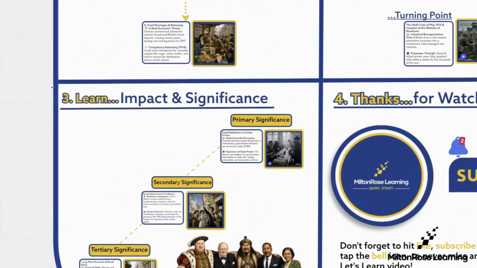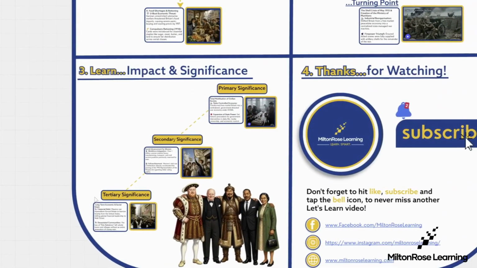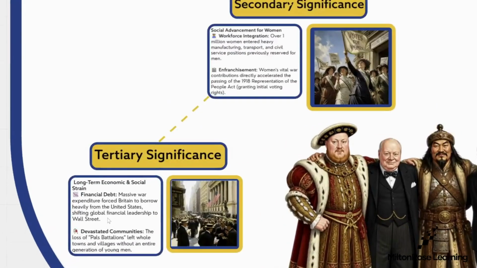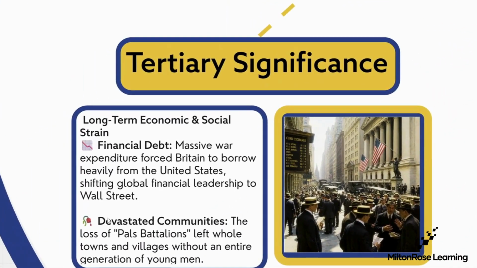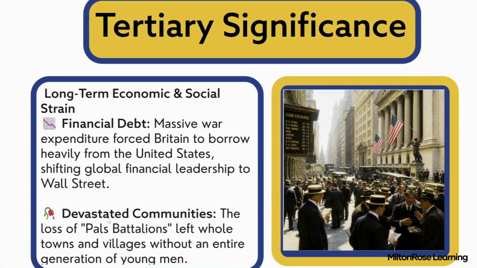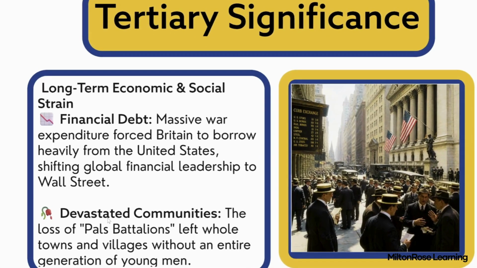And then finally, let's step back from it all and look at the significance of those events for the home front and for the war generally. Now, as you know, there's tertiary significance, secondary significance and primary significance, and they step up in terms of importance. Tertiary is less important and primary is the most important. So this is my analysis of the significance of the home front events. In terms of tertiary significance, I would say